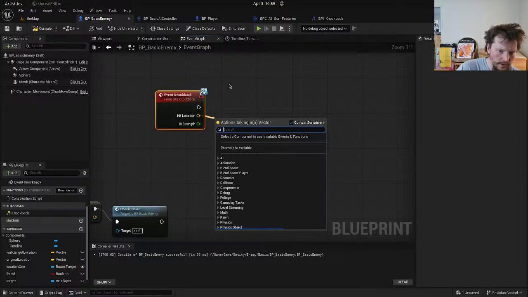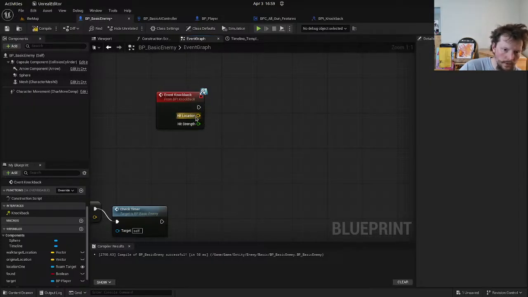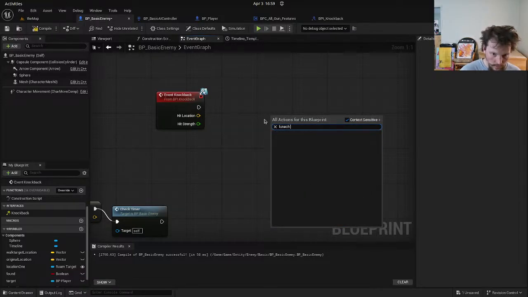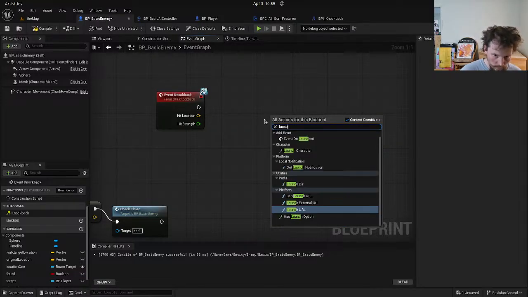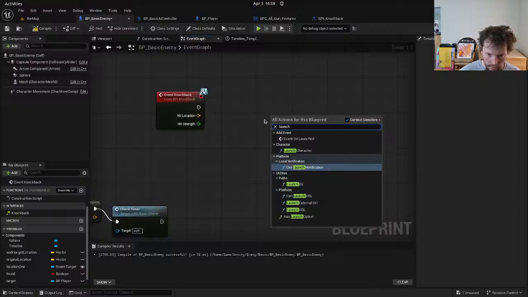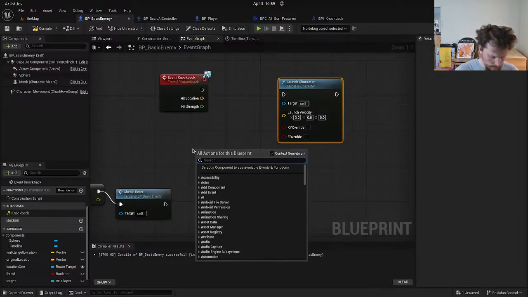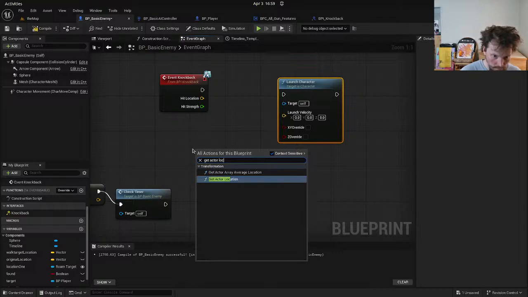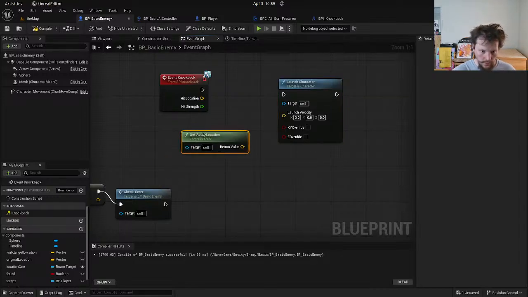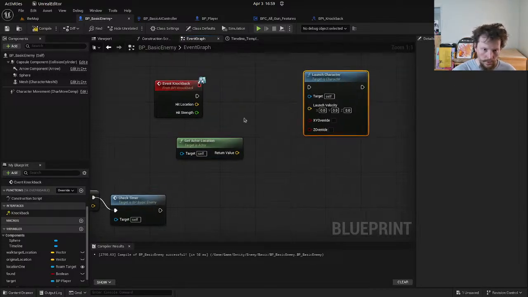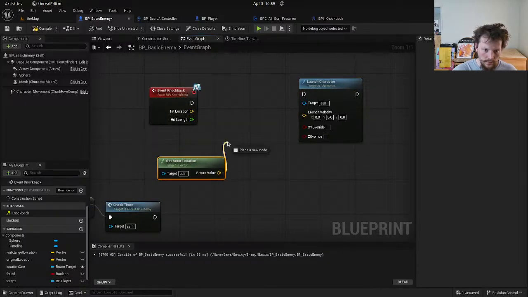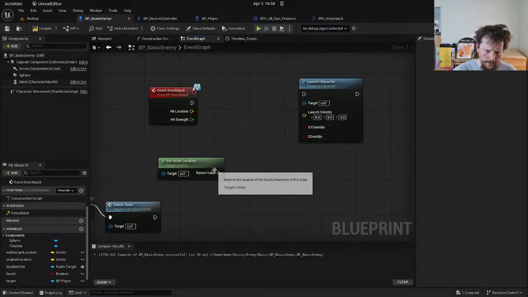So that's our hit location, that's our impact normal, and we're going to move the character away from that. So our launch character, this is where we currently are, this is where we're going, this is where I was hit at. So where I am, impact,